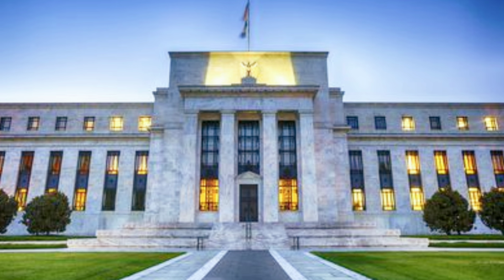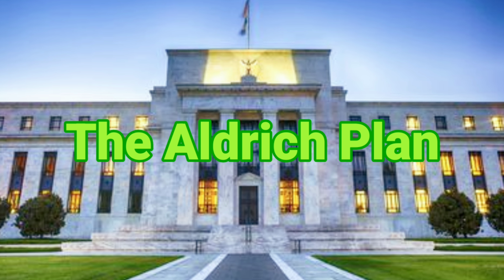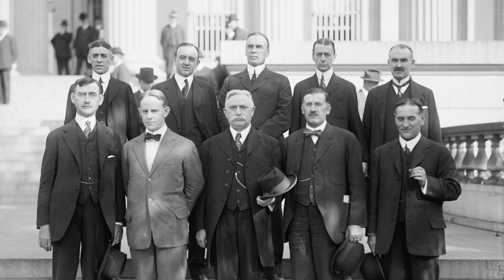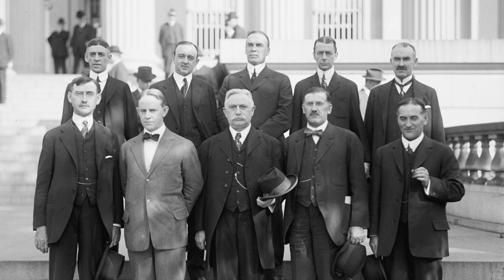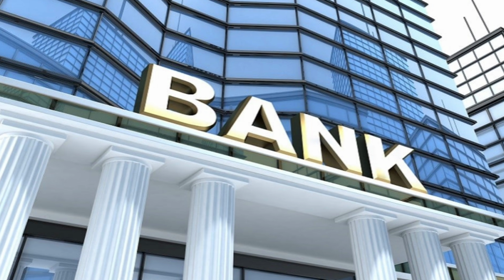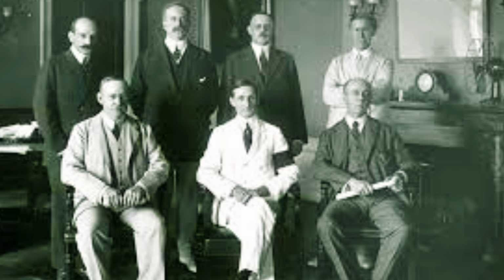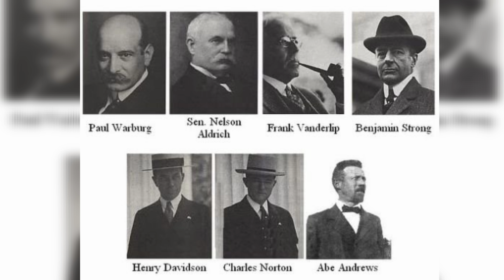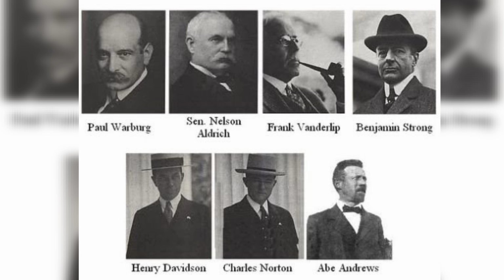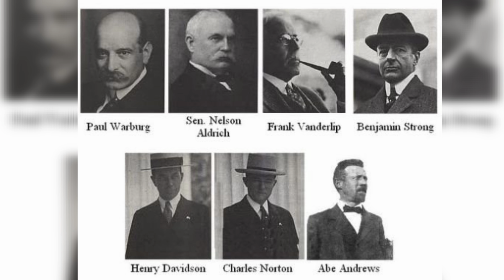The start of the Federal Reserve could be traced back to the Eldridge Plan. The Eldridge Plan was a 1910 proposal for a major overhaul of the US banking system, aiming to create a central bank called the National Reserve Association. It was developed by a group of elite bankers and politicians. The men leading this new central banking proposal were Senator Nelson Eldridge, Henry P. Davison, Frank Vanderlip, and Paul Warburg.